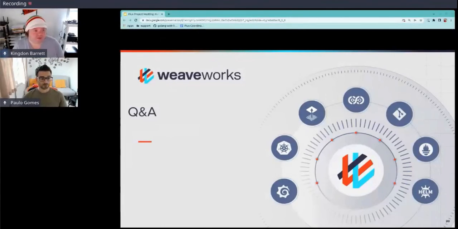So the main drawback is that you can no longer use Flux to manage itself. That doesn't mean you can't upgrade. You can use Helm CLI to upgrade, but